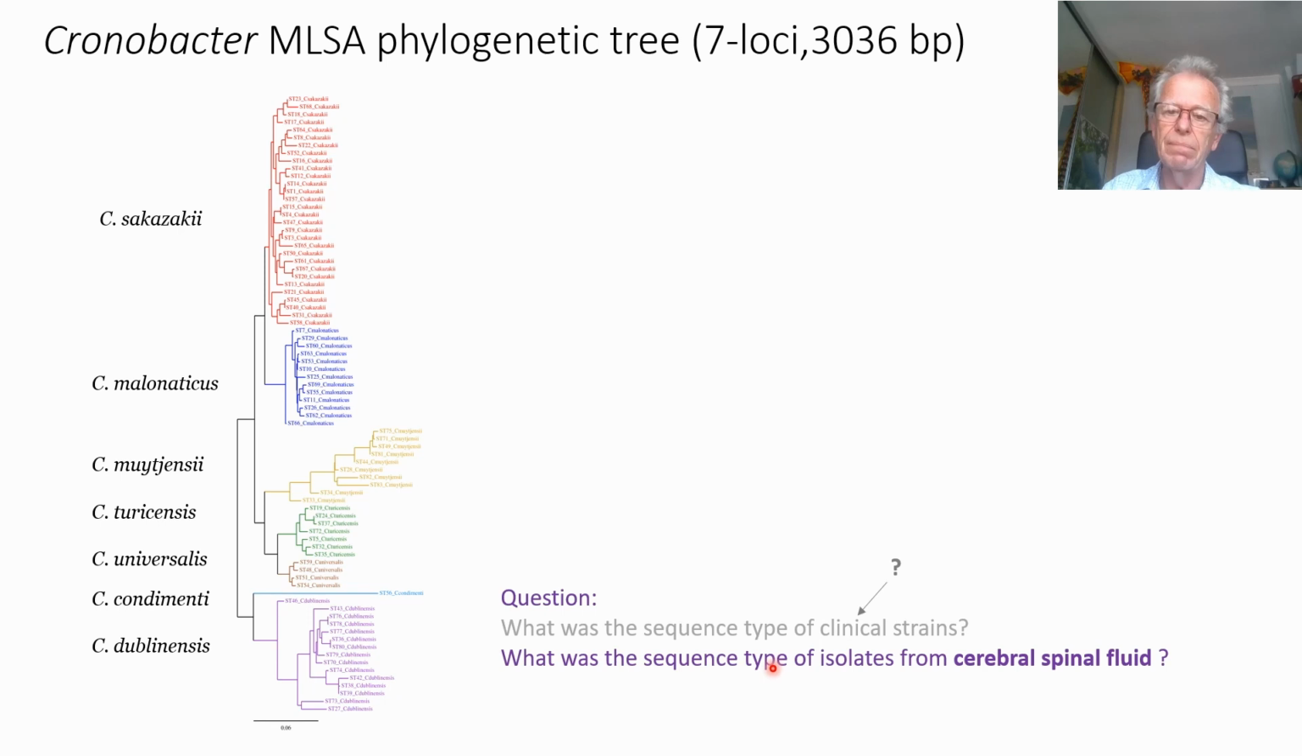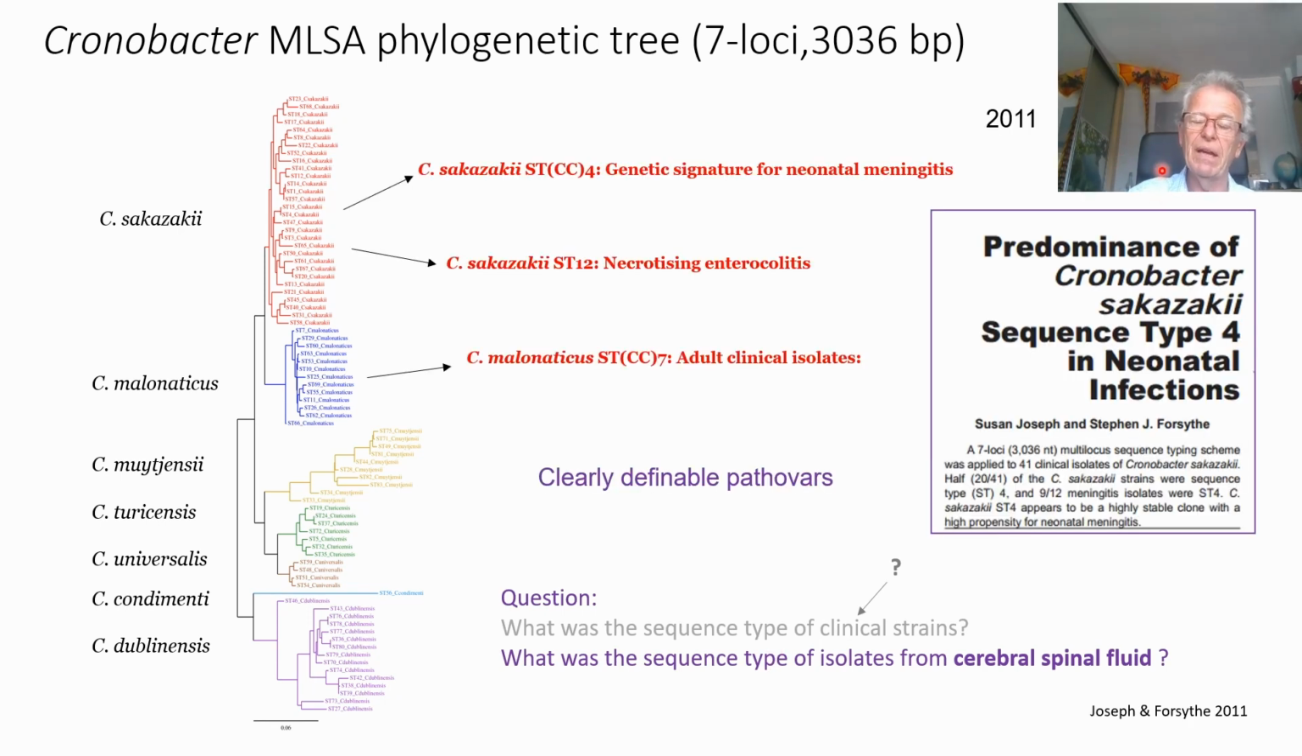From that starting point, we then came to this paper of 2011, announcing the predominance of Cronobacter sakazakii sequence type 4 in neonatal infections. In actual fact, you can just see in the abstract here, in particular with regard to neonatal meningitis. So that paper, and it's one of my shortest ones, I think it's only about 600 words, put out that there are clearly definable pathovars. For neonatal meningitis, many of the strains are in the sequence type 4, or now known as clonal complex 4,